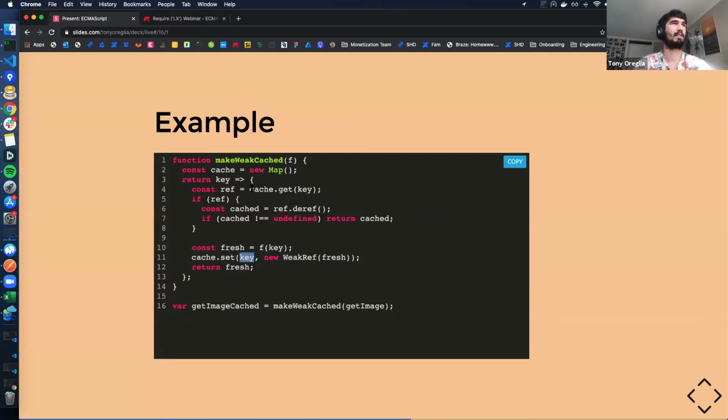So they take the key and then they get the reference from the cache, and then they try to deref it. And if it's not undefined, okay, then that's great. They return the object. But if it returns undefined, then they just get a fresh version of the object. In this case, it's an image. So they pass in a method to retrieve an image. And then they update the cache and then return that image.